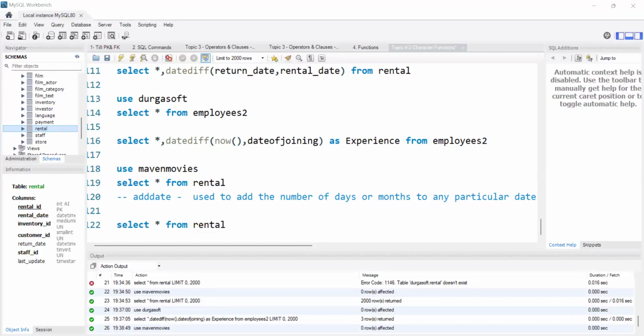So instead of star, I will use only rental date. Select rental date, comma. For this rental date, if I want to add some dates,